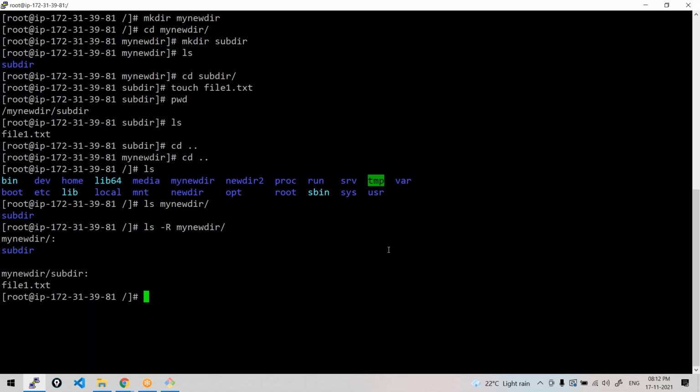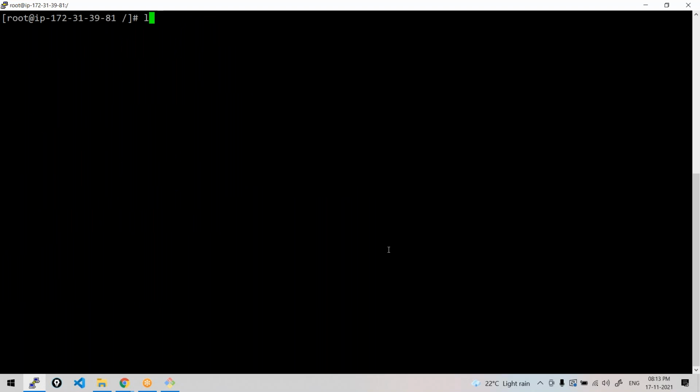Got it, everyone? With a little practice, you can enjoy working with this command line. Only thing is practice. Got it clear? Shall we proceed? You could also confirm me. If you cannot unmute, you could also confirm me through the chat window. Yes, or any questions, anything you could let me know. Shall I move on? Yes, ma'am. Thank you. Thanks for confirming.